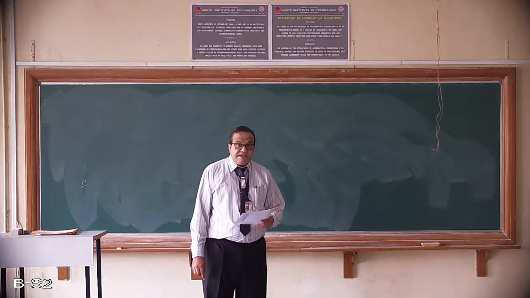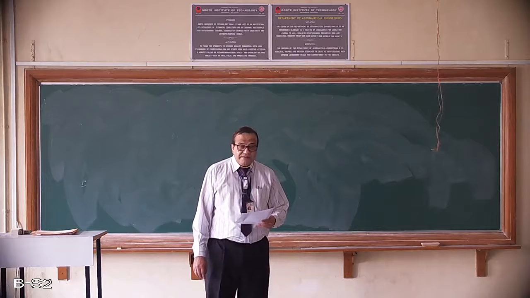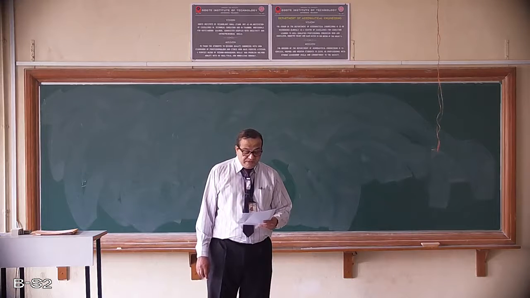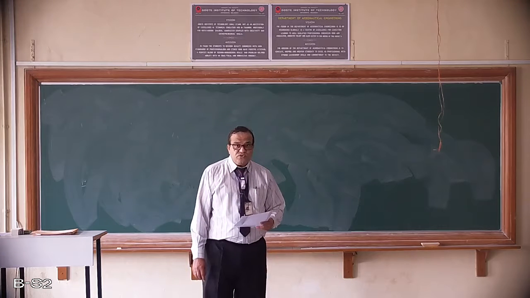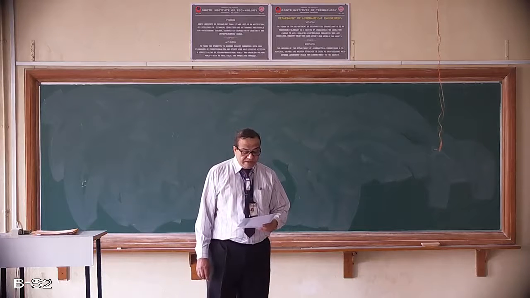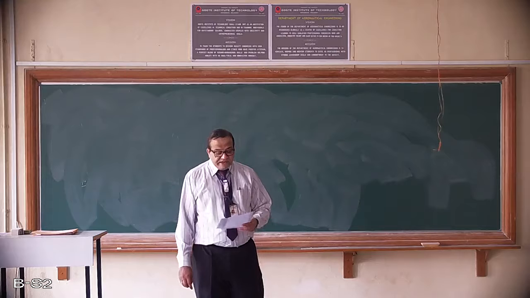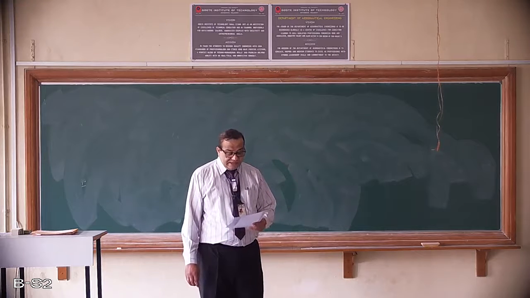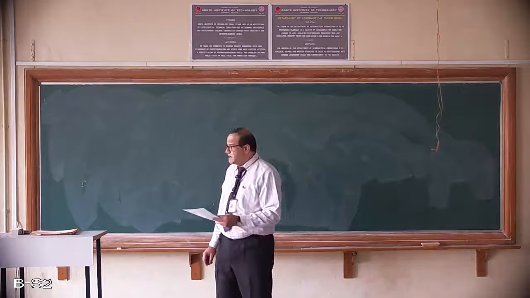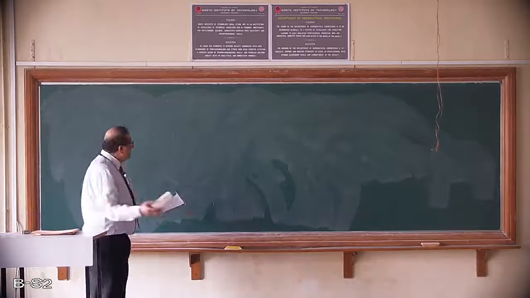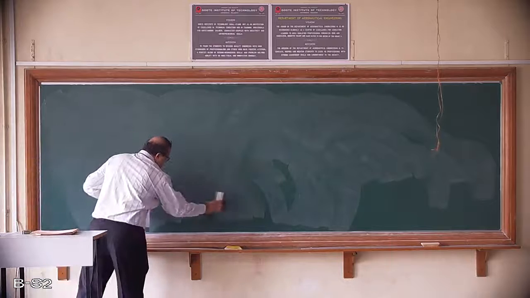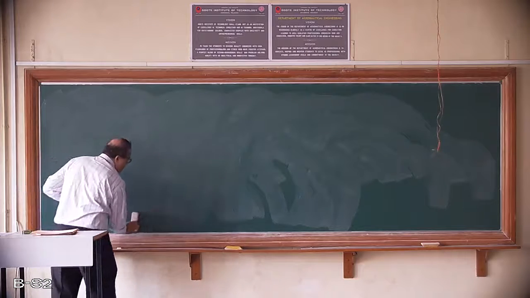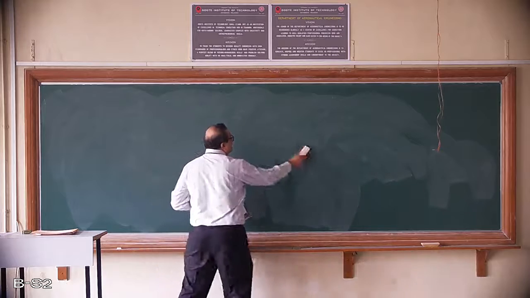So what is given in the problem? Given the intake pressure P1 is 1.013 bar, temperature 15 degrees, that is 288 Kelvin, and P2, that is delivery pressure, at 7 bar. The polytropic process n is equal to 1.35. So we'll calculate indicated power here. How to solve? First we need to write a PV diagram. Always we need to write a PV diagram. So we'll write that and then start with the problem.